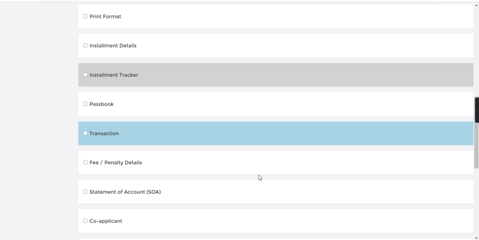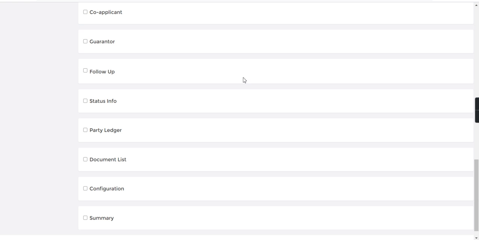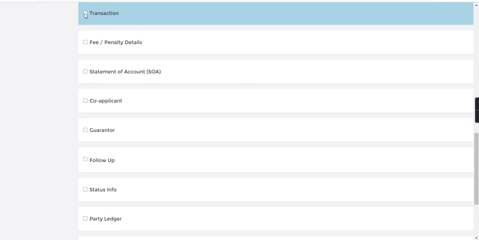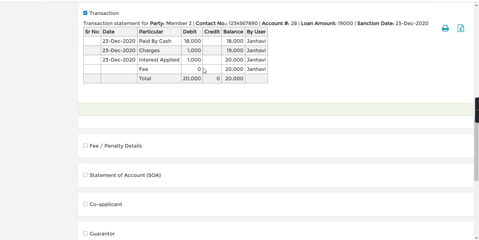Now I will go and check the transaction details. Here you can see there is no comparison of charges. Charges received 1000 and interest applied is 1000. So total loan given is 18,000.